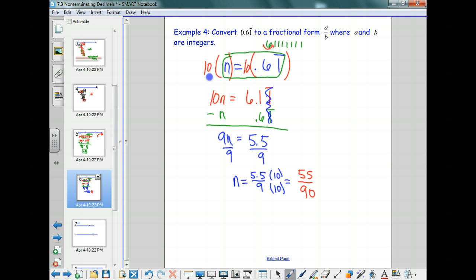No, what's wrong with that? Need to reduce. What are they both divisible by? For sure and certain they're divisible by 5. What is 55 divided by 5? And 90 divided by 5? 18. And that is reduced. So it's 11 over 18. How did you check to make sure that works? Divide in your calculator. If you've done it properly and you take 11 over 18 in your calculator, it should say 0.6 with all the ones after that repeating. Did it work? Excellent. All right, we